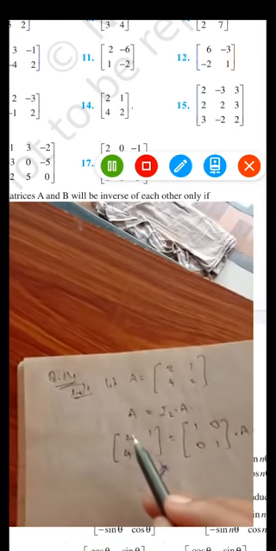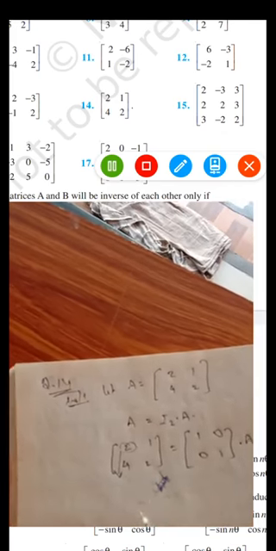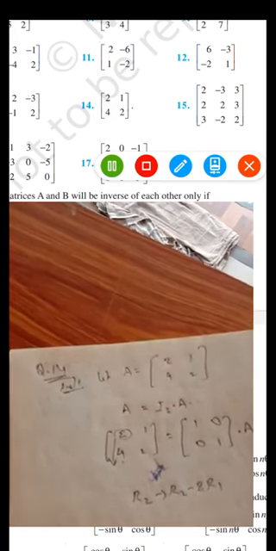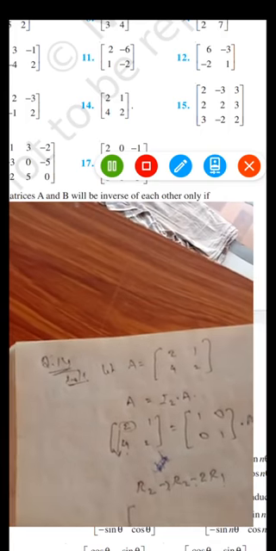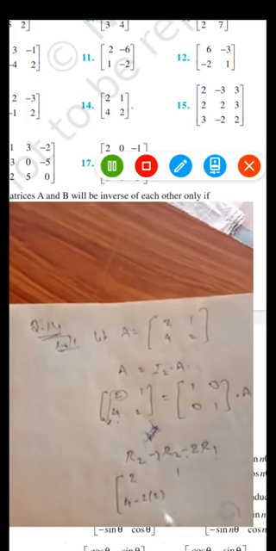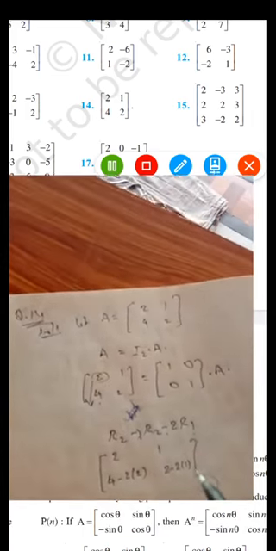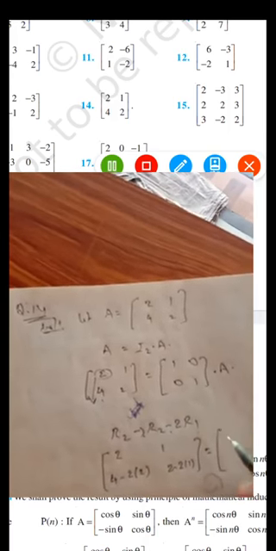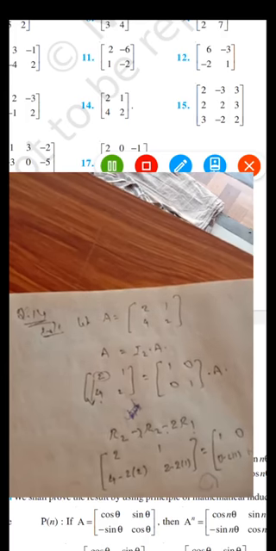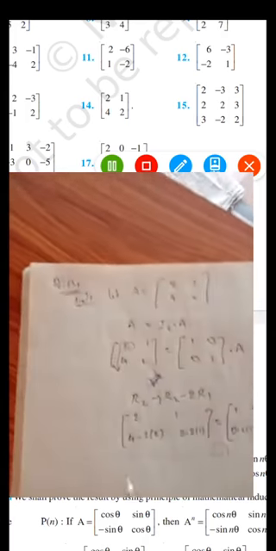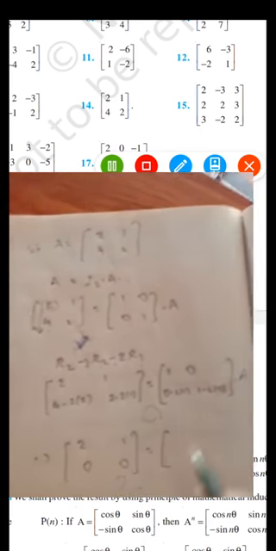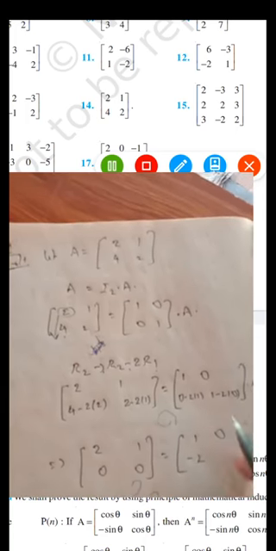Based on the first diagonal entry we are supposed to make the other entry in the column 0. So performing R2 changes to R2 minus 2 R1. Then what will you get? First row there is no change, 2 1. Second row 4 minus 2 into 2 and 2 minus 2 into 1. The same operation we have to apply on the right side also. So first row there is no change. Second row R2: 0 minus 2 into 1 and 1 minus 2 into 0, into A. So if you simplify it, you will get 2 1 0 0 is equal to 1 0 minus 2 1